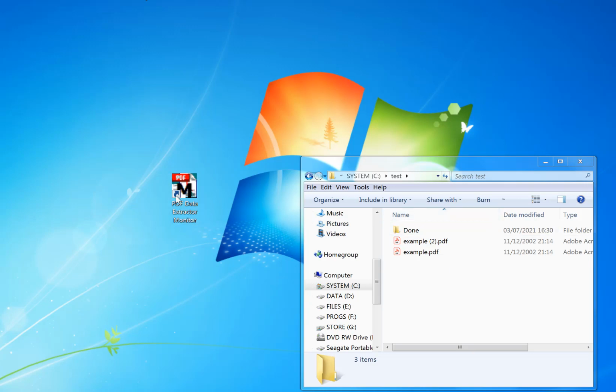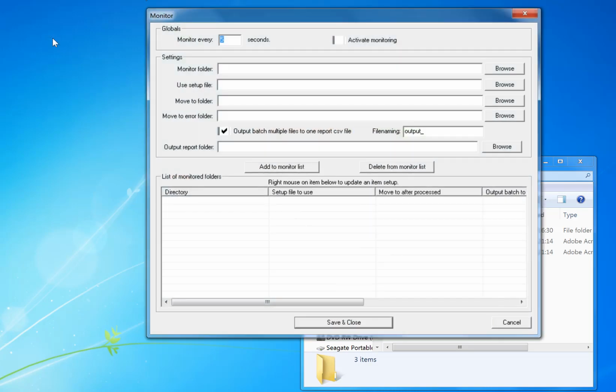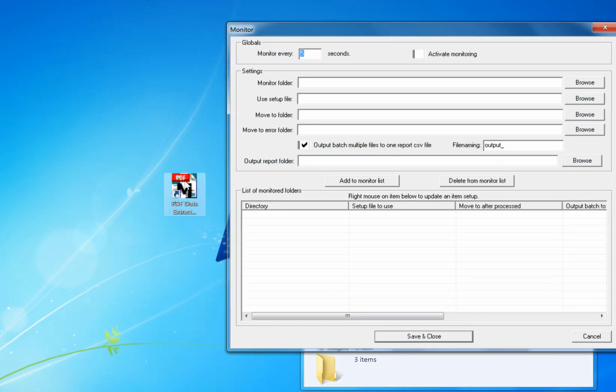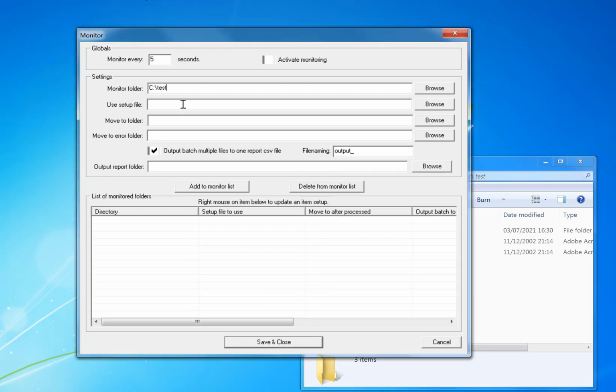So to set up, you set up the monitor first. So that's the hot folder monitoring to monitor a folder. I'm going to quickly set up. So go on to PDF Data Extractor Monitor. This can also be found in the program under Setup. What I'm going to do, I'm going to monitor this folder here. Just doing a quick